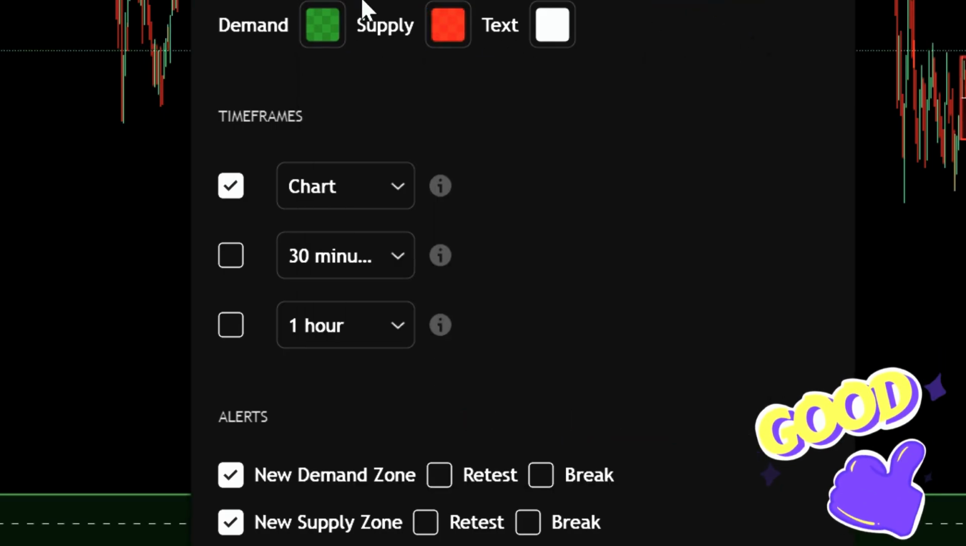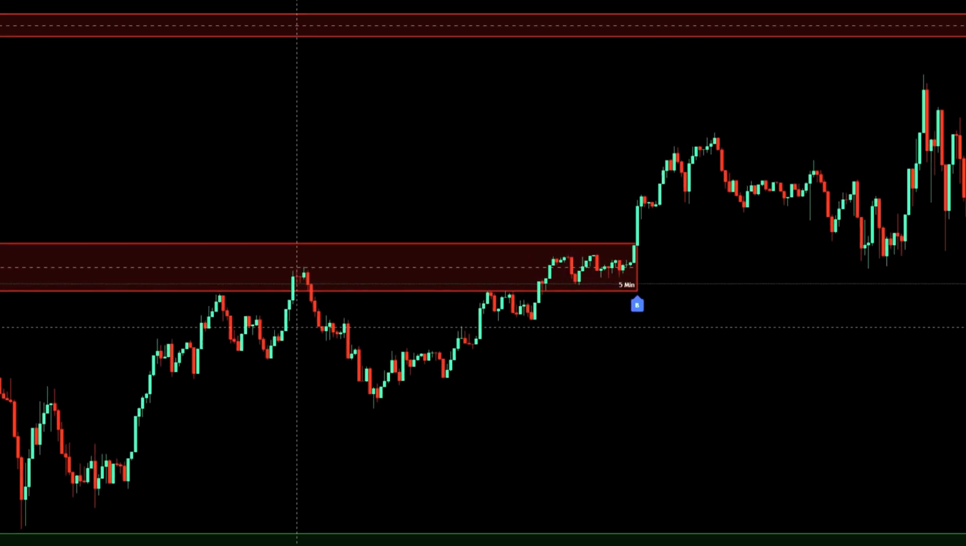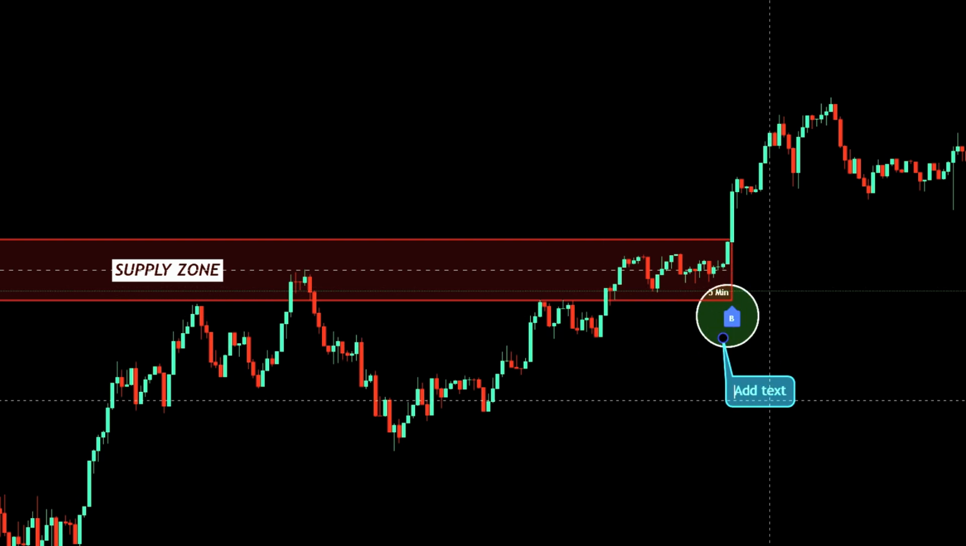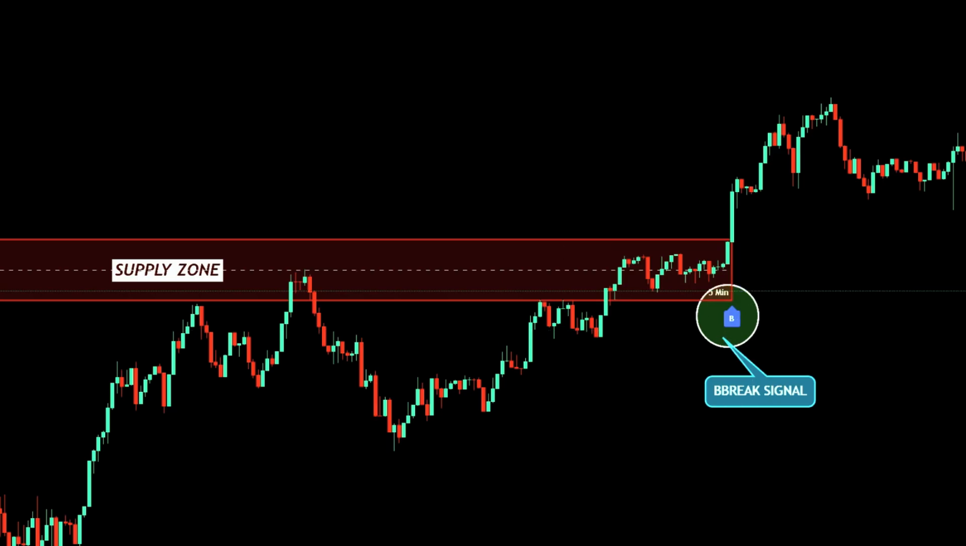So, what does this look like? Here's that supply zone again. We don't short it. We wait. We watch. And then boom. Price smashes through it. The moment a candle closes above, the indicator prints the break signal. That's our entry. Now this is already a powerful strategy, but to make it almost bulletproof, we add one final